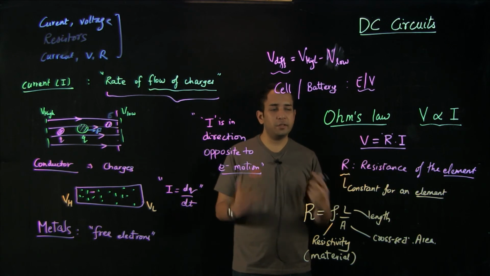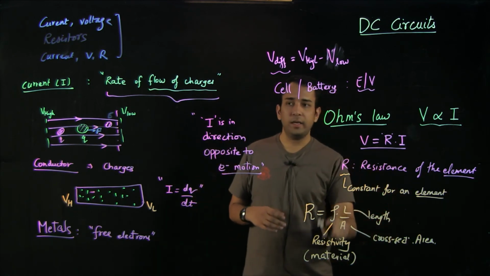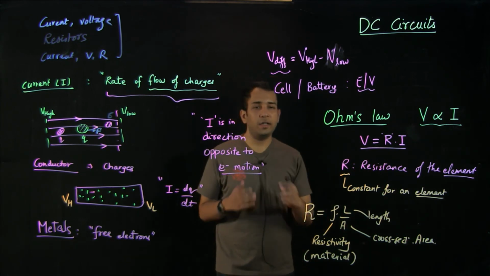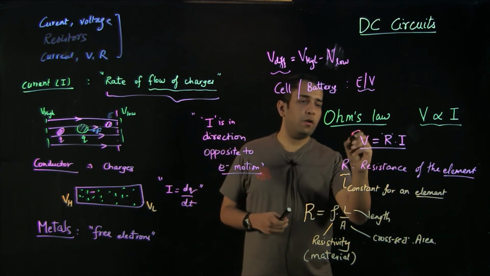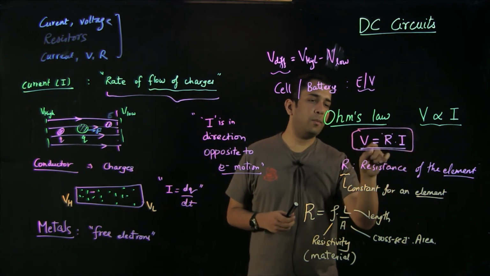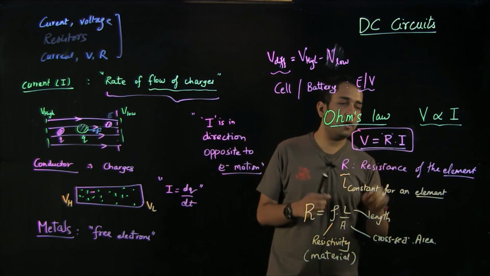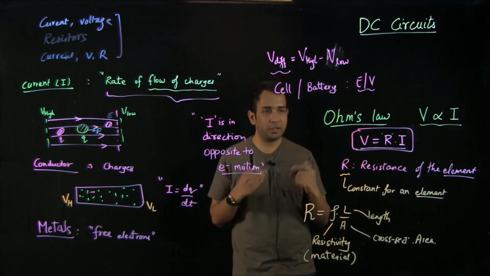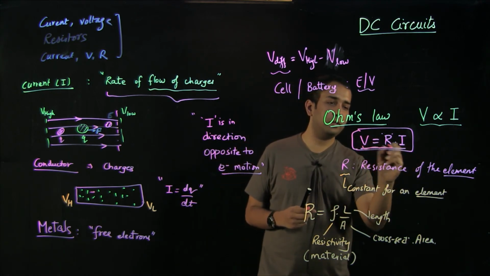Similarly, in a circuit, we assume that whatever element we have chosen from the start, all these things are not changing at all and the resistance remains constant. So overall, now we know that Ohm's law has three components: the voltage which is induced, the resistance which is the property of the element through which that potential difference has been applied, and the current which is induced due to these two.